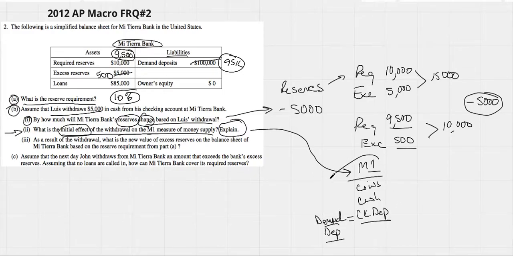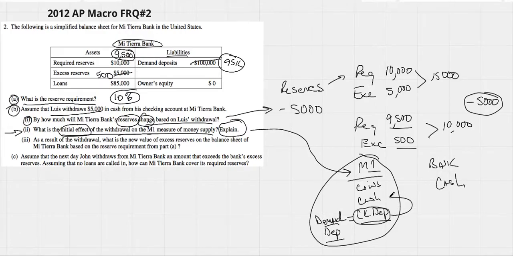So if this is M1 and I took money out of the bank, the money went from the bank and I turned it into cash. In the bank, it was a checkable or demand deposit. So I took it out of checkable deposits and made it into cash. Did M1 change at all? The way we would explain this is M1 did not change at all. We would say there's no change in M1